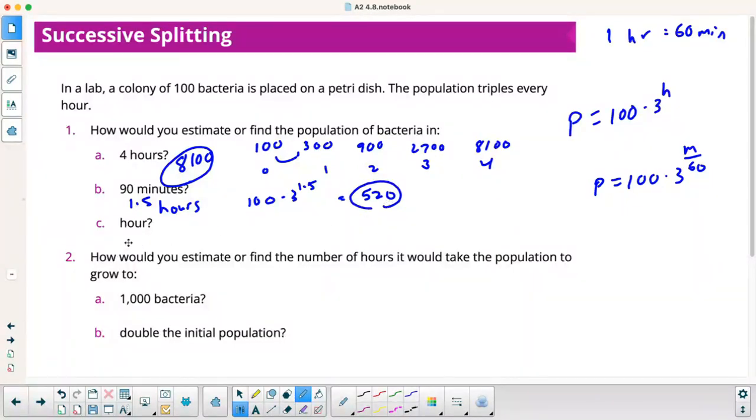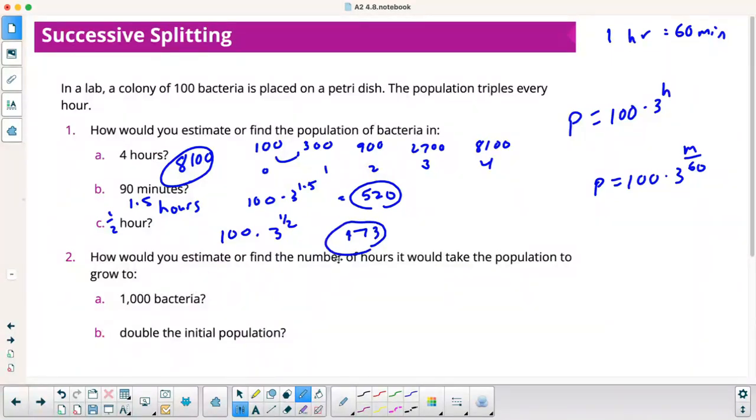This just says hour. I don't know what that should say. That should say something else. Let me see what that says in your book. It looks like it should say half hour. So half hour, plug in 0.5 for H or 30 for M, either one. Should get the same answer. That gives me